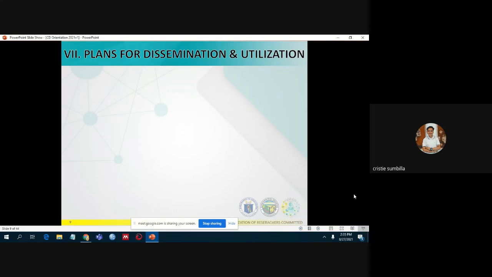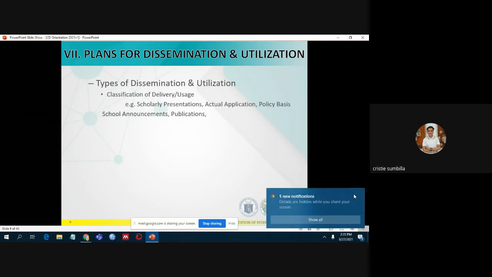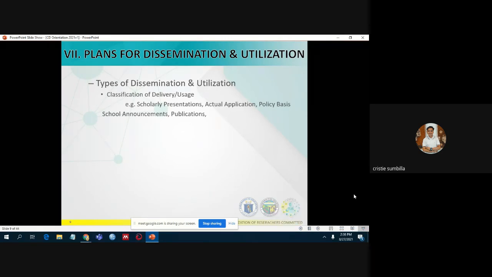And for the last topic, the plans for dissemination and utilization. So research dissemination is an important component of research process. Dissemination involves communicating results to our target audience that will facilitate research uptake decision making. So we can do this through scholarly presentations,